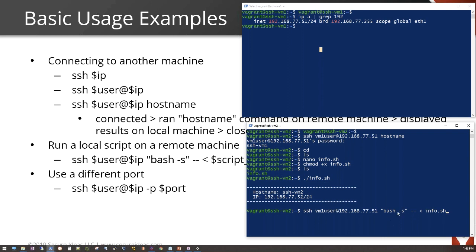So you've got bash -s, and you can do a double dash to prevent any further options from being read. And then you provide your input, what you want to run. In this case, we're going to run a script, and it's going to do the same thing as this up here, just a little bit more complicated. We're going to connect, run this remotely, display the information locally, and then it's going to disconnect for us. And the reason I bring this up